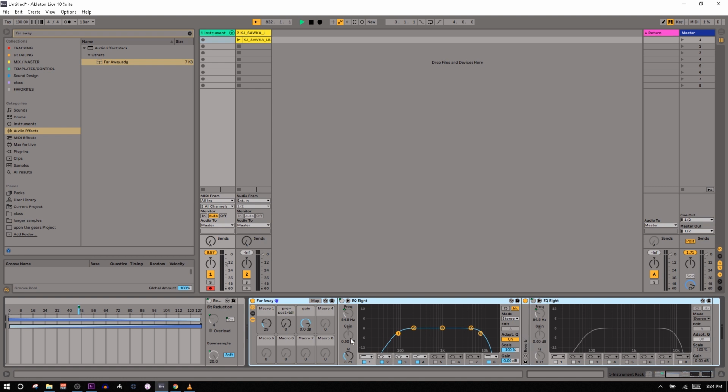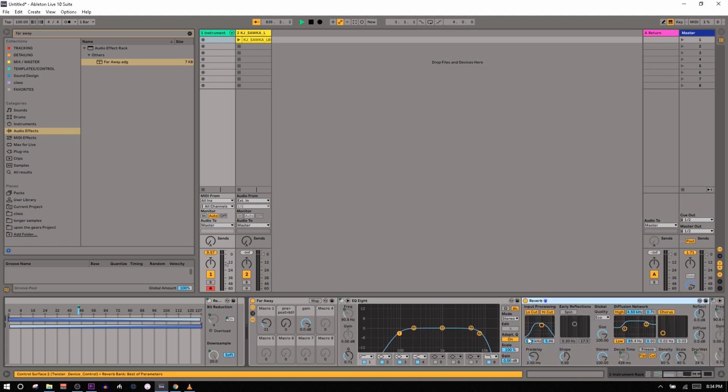And basically what that amounts to is cutting off the lows and cutting off the highs, which you can see happen as I crank up this macro knob, and increasing reverb, which will help cause more reflections. And the sound physics of why this happens is high frequencies are really, really directional, and so a lot of them aren't going to reach you,